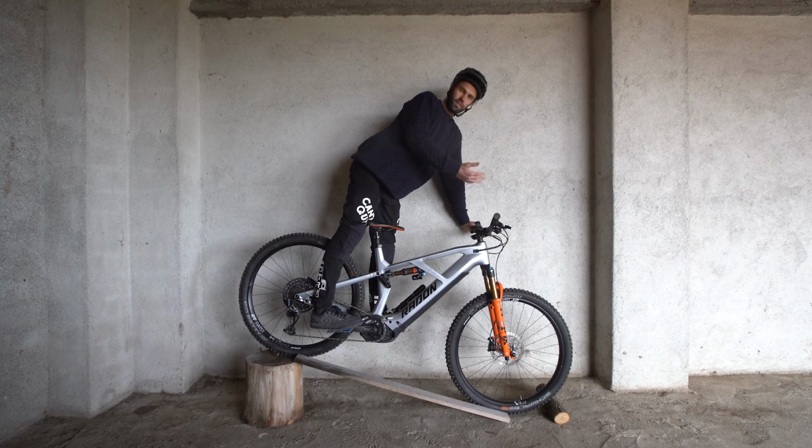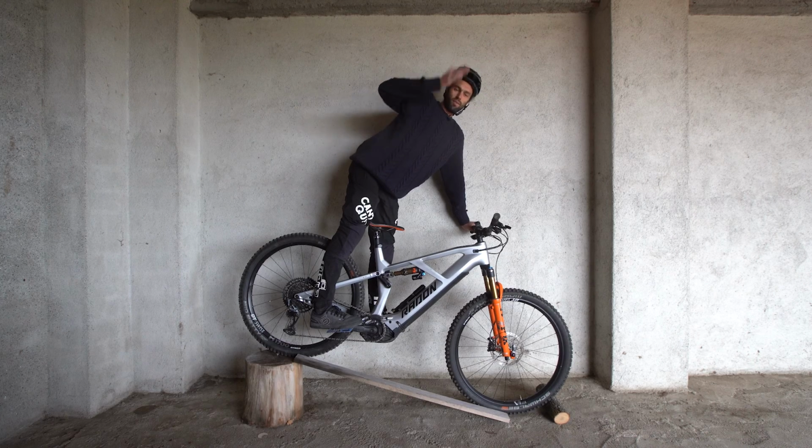So problem 1, stem's too long. Problem 2, head angle's too steep. Problem 3 is the suspension fork. It's very hard to get from anybody solid data on this suspension, but to me, it feels like the air spring is way too progressive. So the middle of the travel is hollow or doesn't have any support, and also the damper appears to have